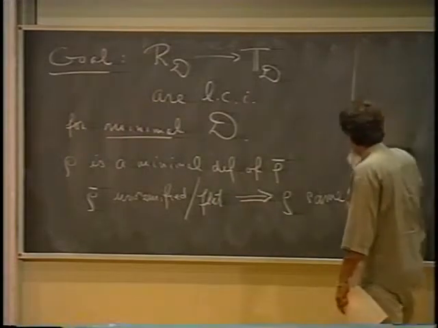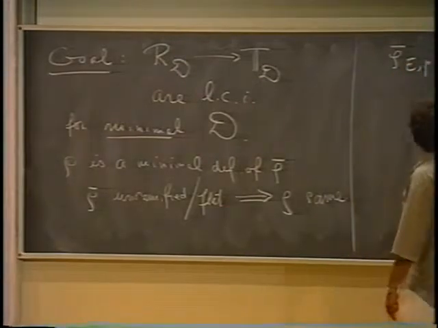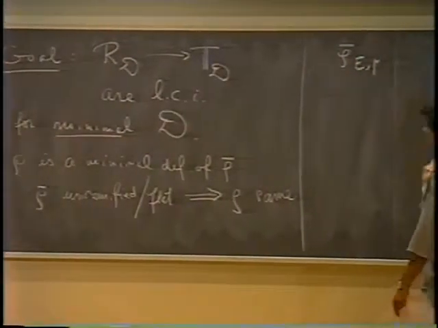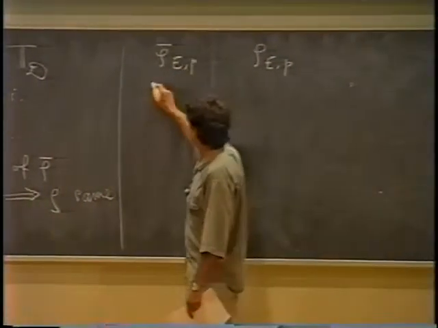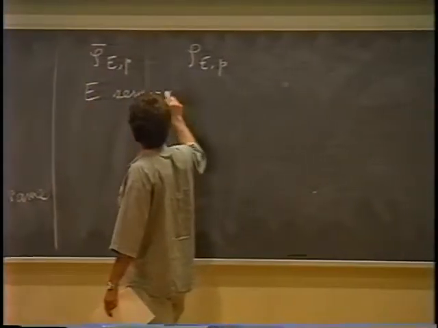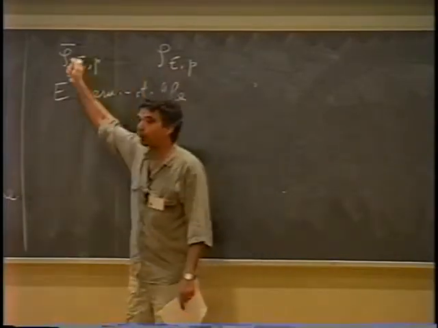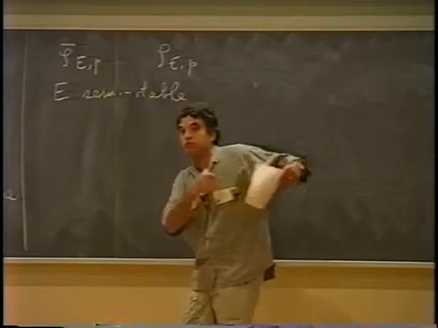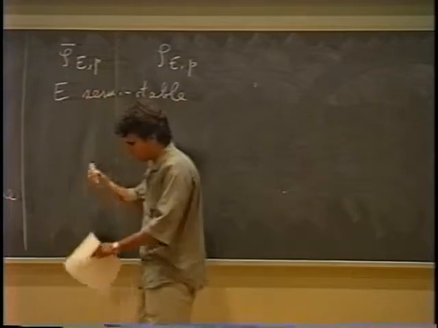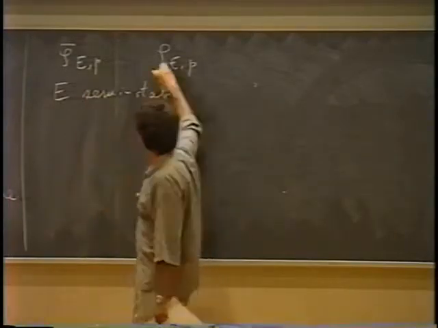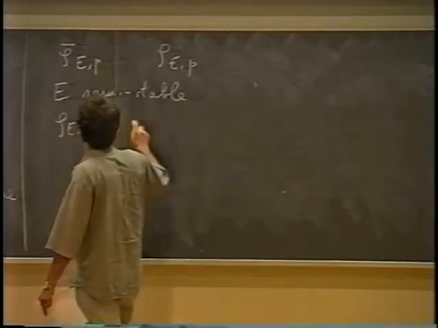Now, if you consider rho bar E,P and rho E,P as a deformation, so now we consider E semi-stable. When will it actually happen that this acquires more ramification, or at P non-flatness, than this one? Well, or put it in the negative, when doesn't it happen? When is this a minimal deformation of this? So rho E,P is a minimal deformation